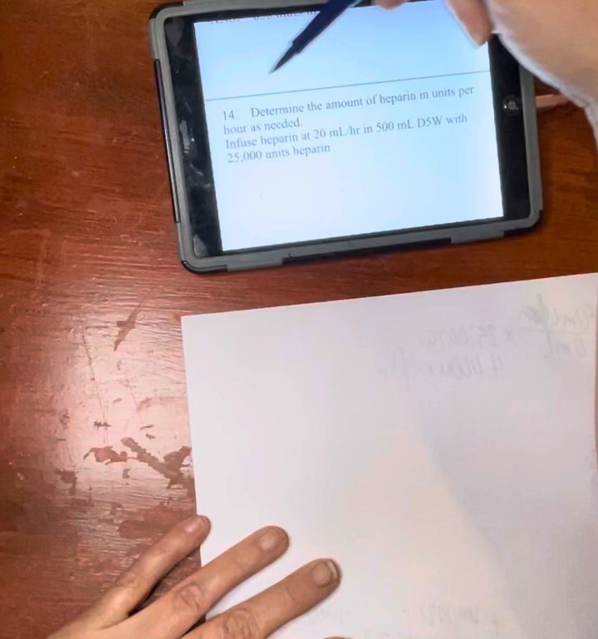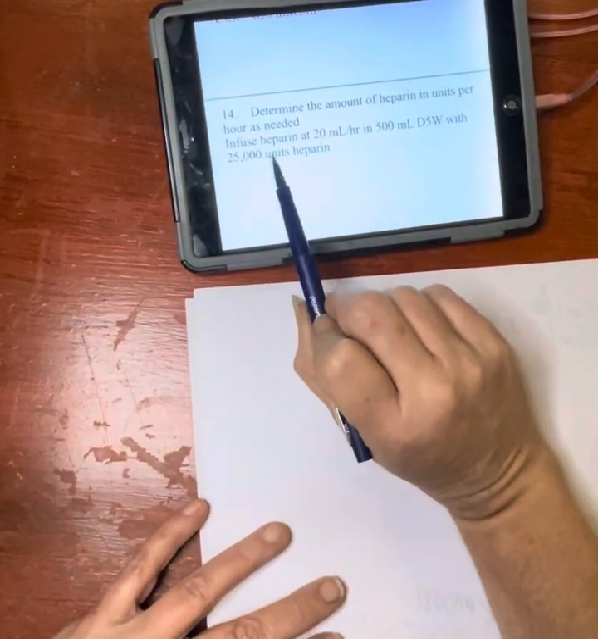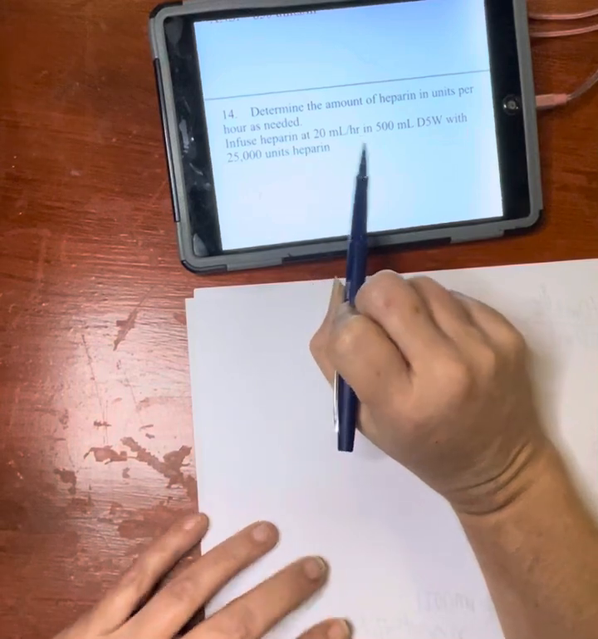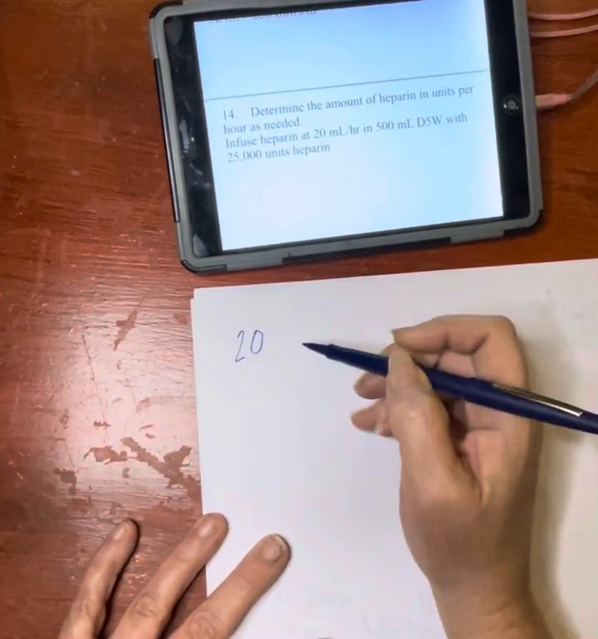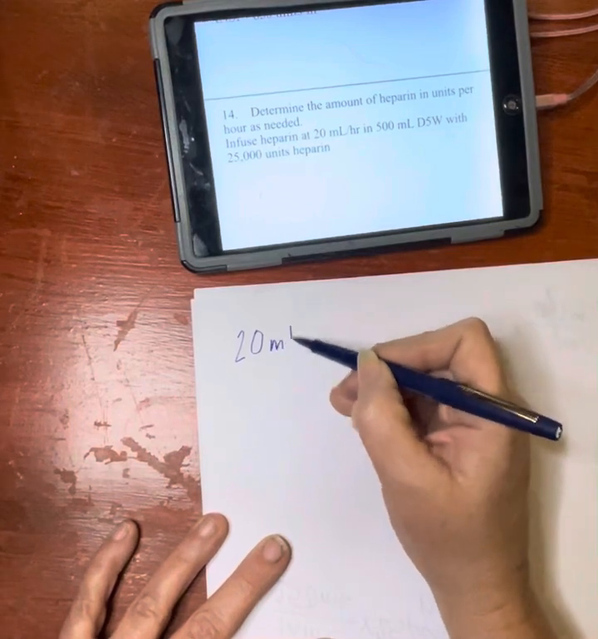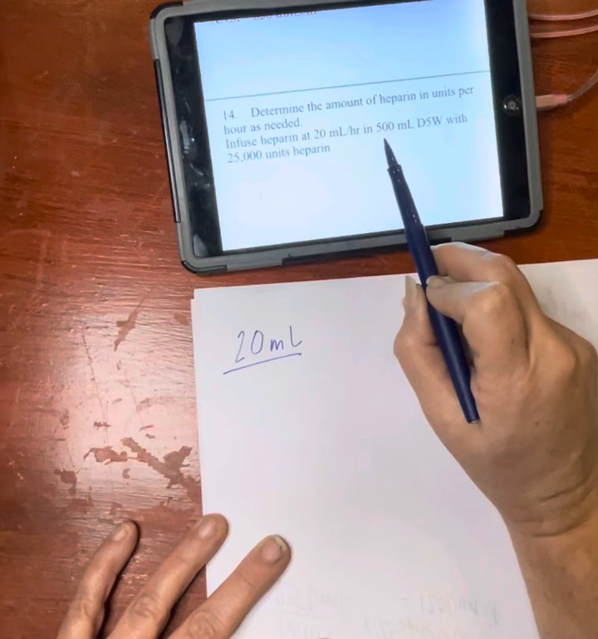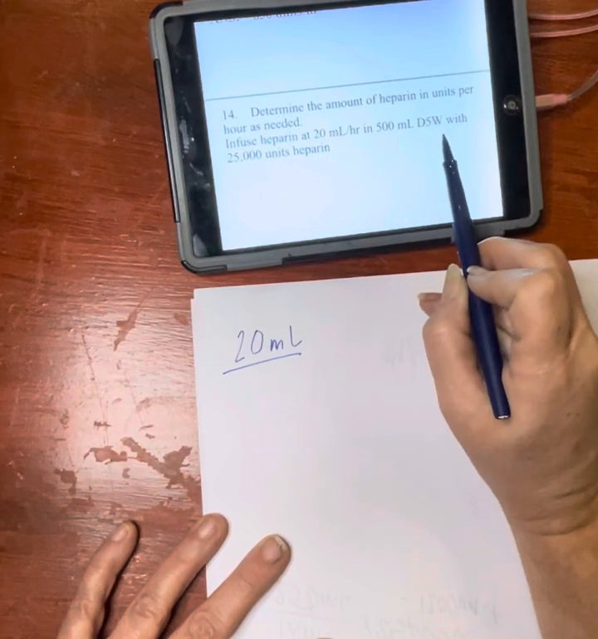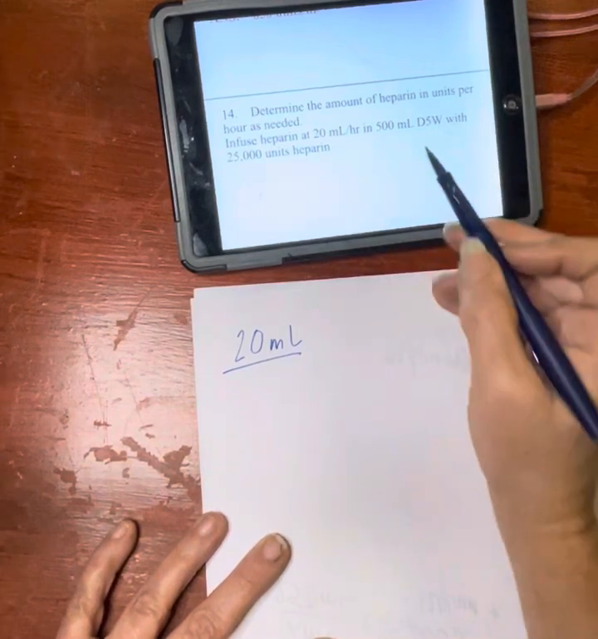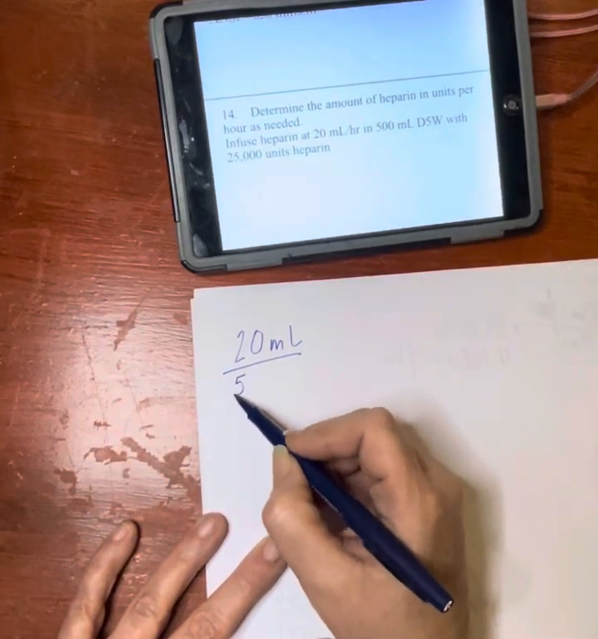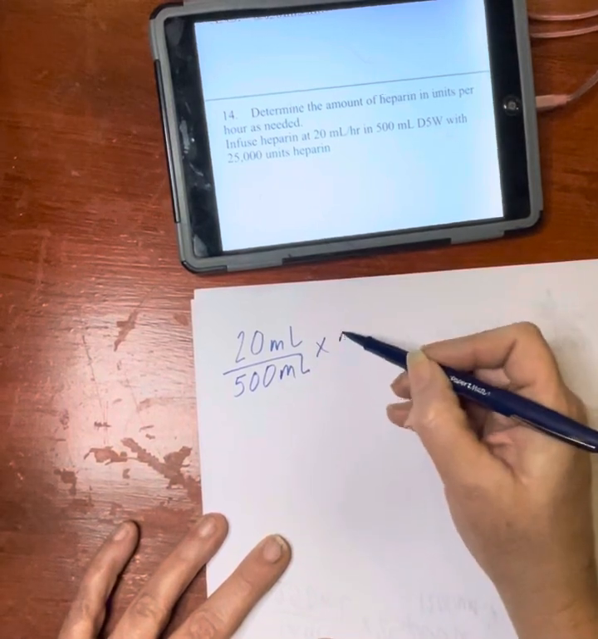All right. So let's do this last one. Determine the amount of heparin in units per hour as needed. It's infusing 20 milliliters an hour. By now, come here and sit down, Ethel. Let me show you how to do this. 20 milliliters in 500 milliliters of D5W with 25,000 units of heparin. What I have in milliliters is 500 times